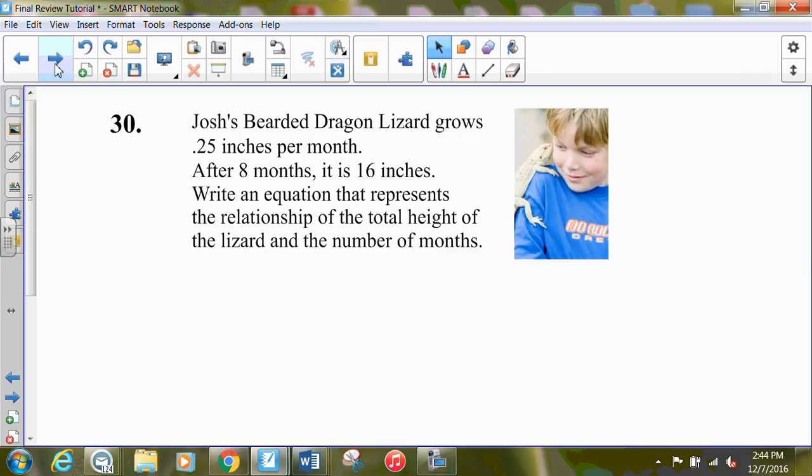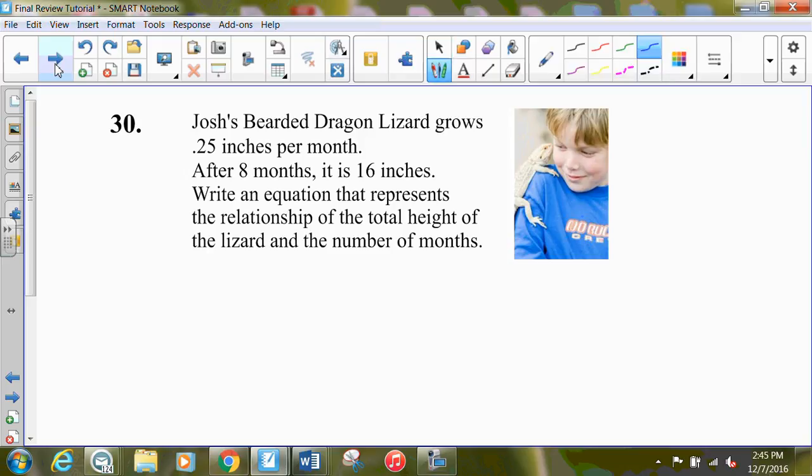All right, Josh's bearded dragon lizard grows 0.25 inches per month, and after 8 months, it is 16 inches. Write an equation that represents the relationship of the total height of the lizard and the number of months. You should probably say the total length of the lizard, because I have two bearded dragons, well, my kids do, and they don't stand up, so they really have a length versus a height, right? Okay, so I'm getting nitpicky because I'm continuing to do this